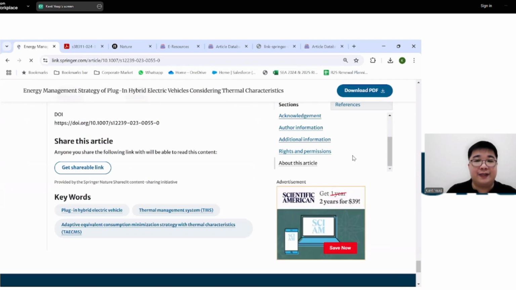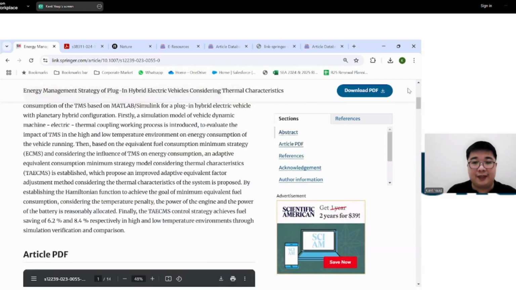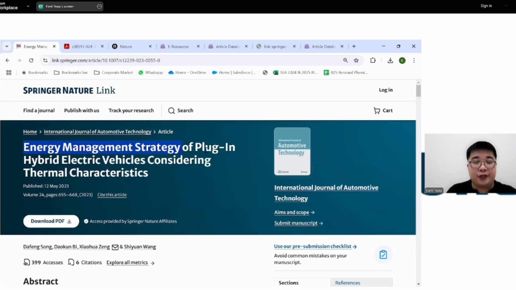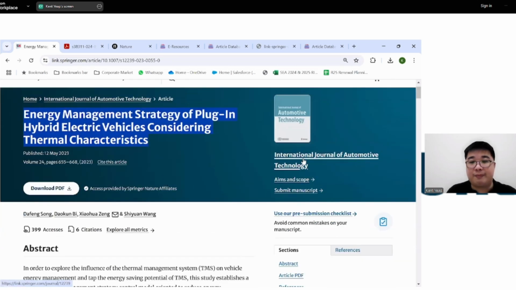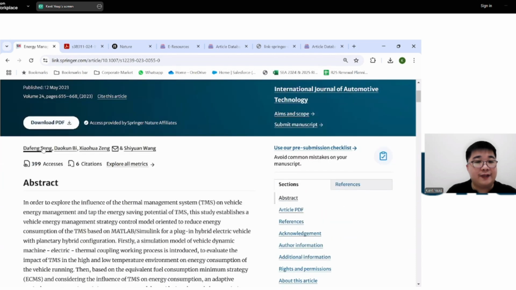Yes, so in this particular article, this one is Energy Management Strategy of Plug-in Hybrid Electric Vehicles Considering Thermal Characteristics. It's published in the International Journal of Automotive Technology, on the 12th of May 2023. These are the authors, with Zheng Xiaohua as the corresponding author, indicated by the little envelope next to his or her name.